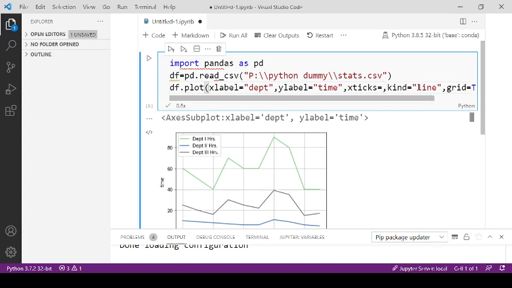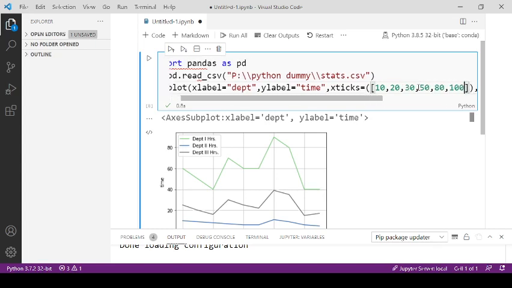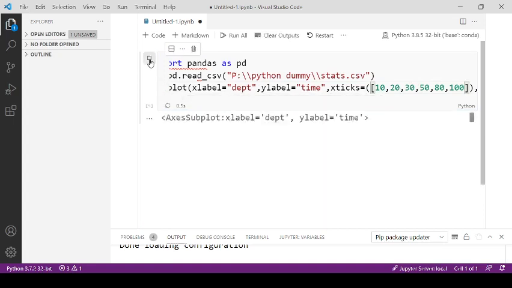You need to specify inside parentheses and then inside square brackets in list format. So if you are interested to show values like 10, 20, 30, 50, 80, 100, then based on these values, the x-axis values will be shown. So let's run this code and see the difference.